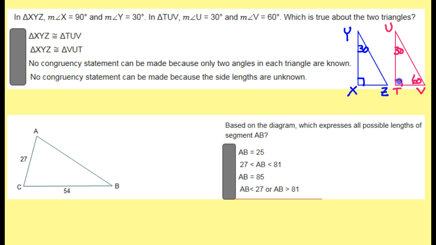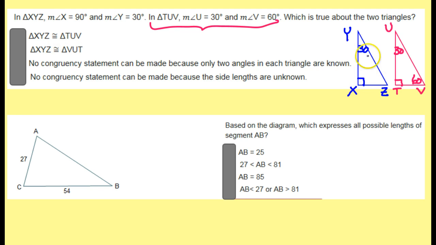Oh, by the way, I said 90 degrees. They didn't actually mention anything about a 90-degree angle when they talked about TUV, but we know that all of these have to add up to 180. So if you add up the 30 and the 60 that they mentioned, together that makes 90. So 180 minus 90 is 90. So you know the missing angle has to be 90. In a similar way,